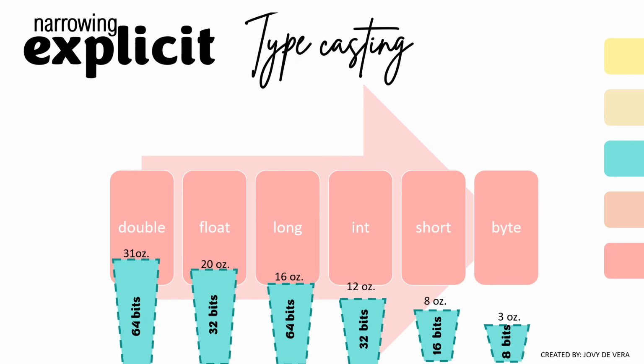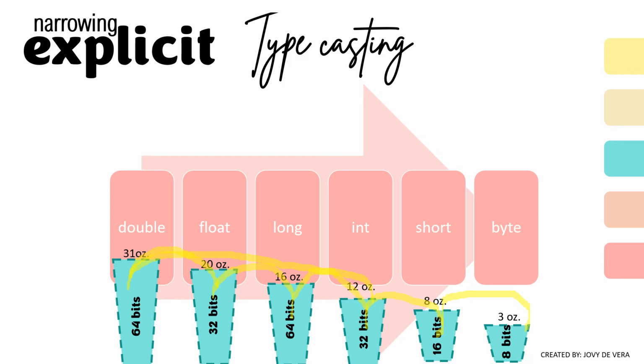Is there any leakage if we transfer the contents of the 31 ounce cup to the 20 ounce cup? Okay, let's put some highlights. So pour this, pouring down. There you go. Definitely there is, because 31 ounces has greater content than 20 ounces, it will spill. Okay, same is true when you transfer 20 to 16, 16 to 12, 12 to 8, or 8 to 3. Or it could be from 31 to